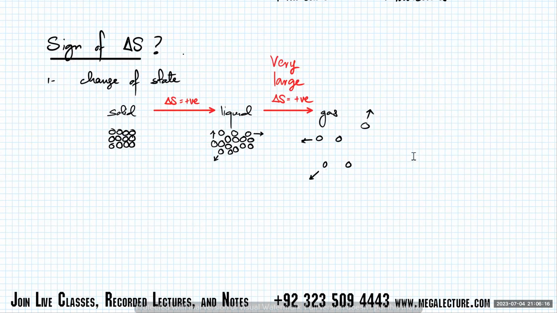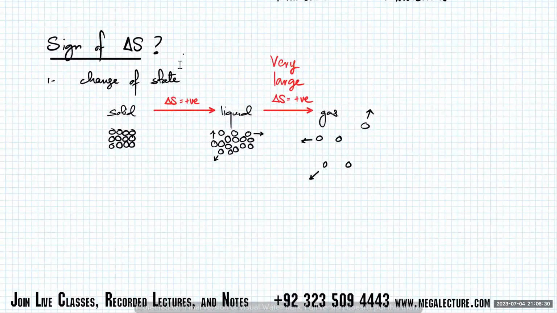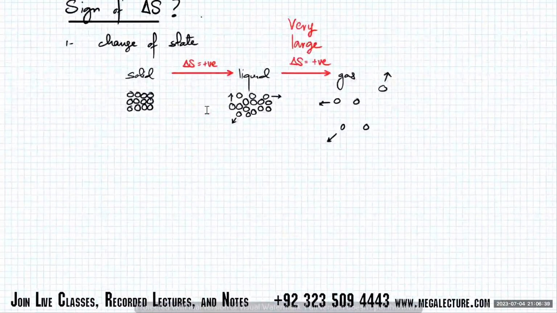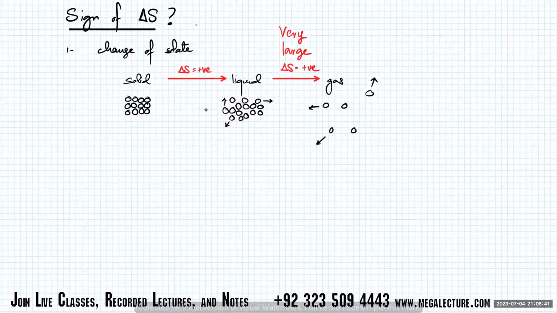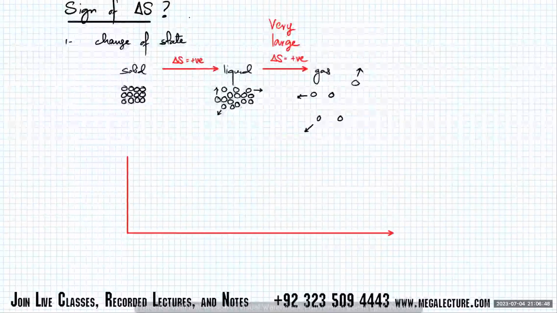Most of the time when you get explosions, when you get a lot of work done, that is due to gas. You have to turn something into gas, you have to create a very large delta S positive, that is how you're going to produce a lot of work. ठीक है, तो ये solid liquid इतने ज़्यादा work produce नहीं कर सकते, because the delta S positive is not that high. अच्छा, that's one thing. तो अभी मैं plot कर रहा हूँ, I'm going to plot